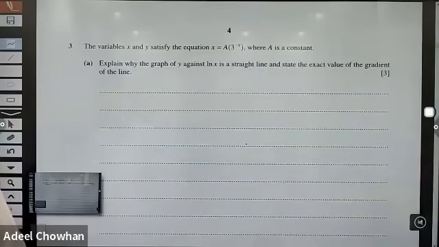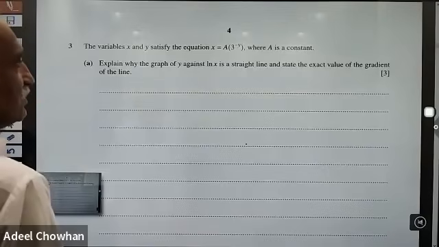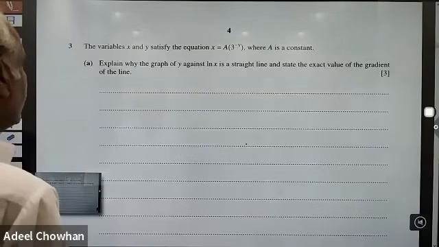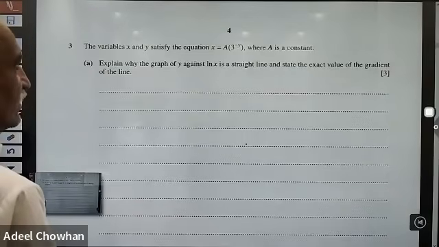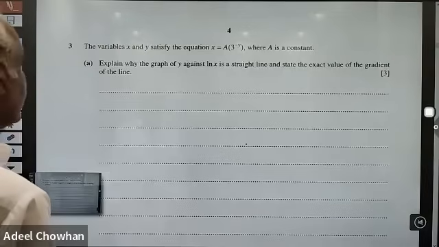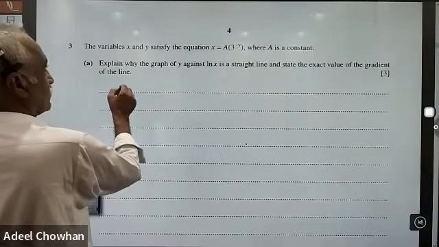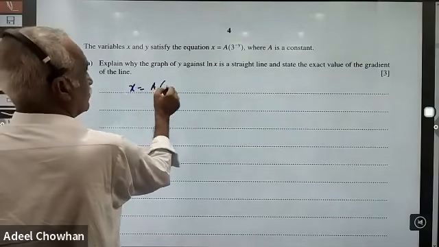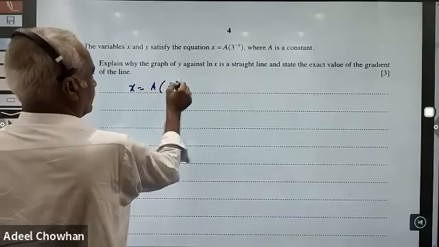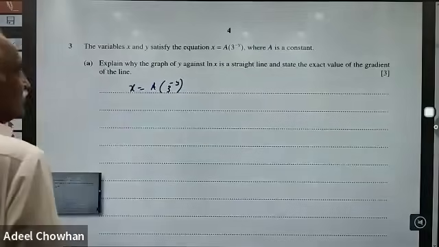The variables x and y satisfy this equation: x is equal to a into 3 power minus y, where a is a constant. Explain why the graph of y against log of x is a straight line, and state the exact value of the gradient of this line. Since x is equal to a into 3 power minus y,